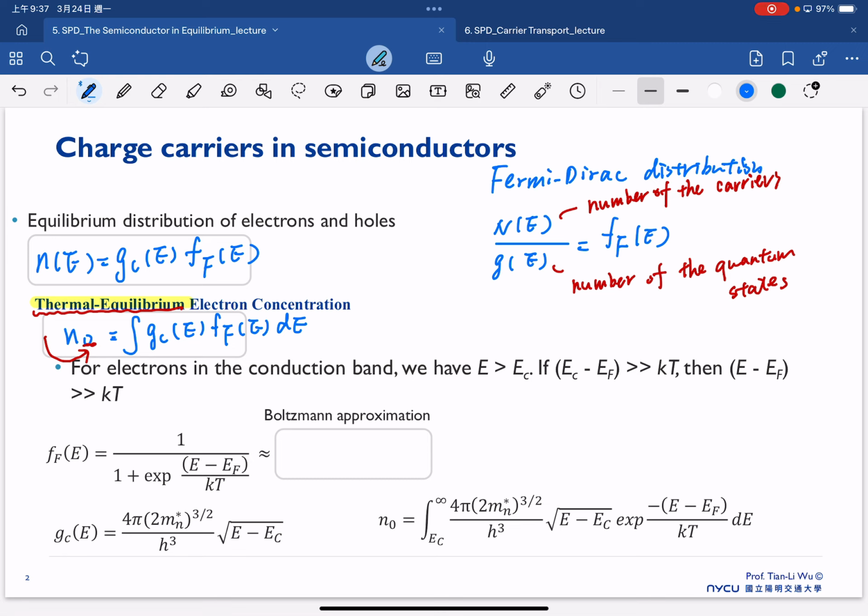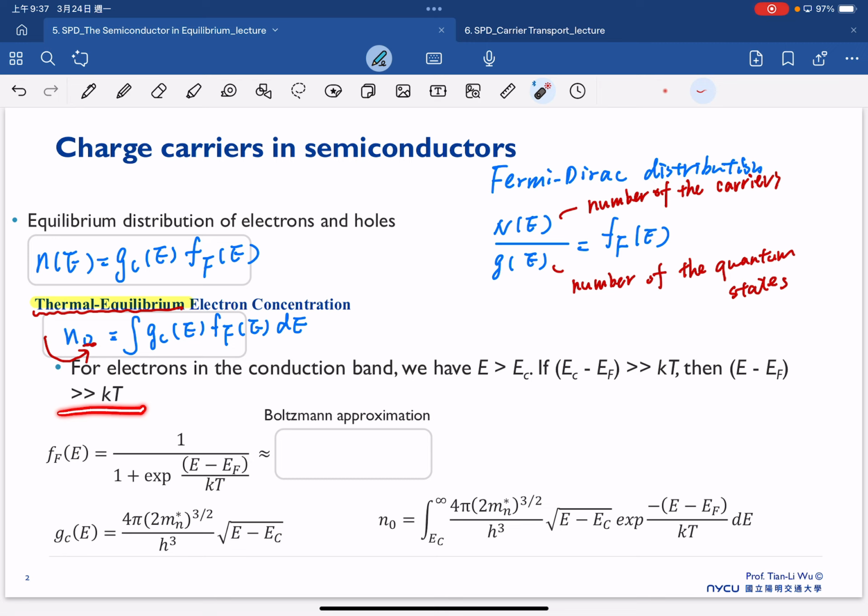So now we are trying to estimate the thermal equilibrium electron concentration with the integration of this function over different energy levels. For electrons in the conduction band, we can consider our energy is larger than E_C. And if E_C minus E_F is much larger than our thermal energy kT,